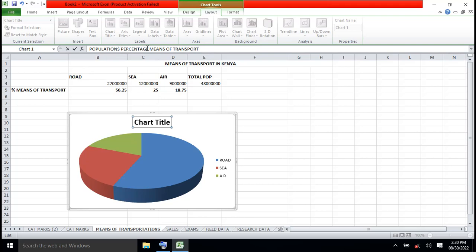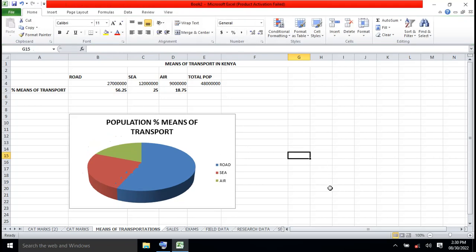Or we can write the percentage in terms of symbol, so we don't have a long title. Population percentage means of transport. Then you click away. So there you are, you have your